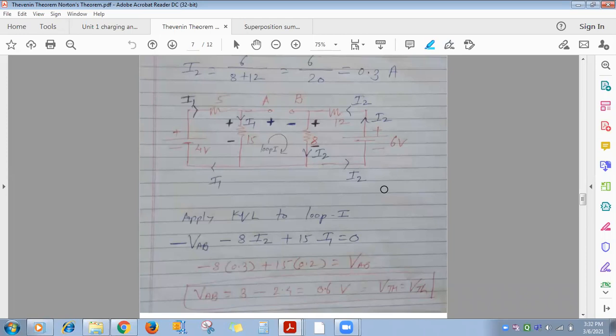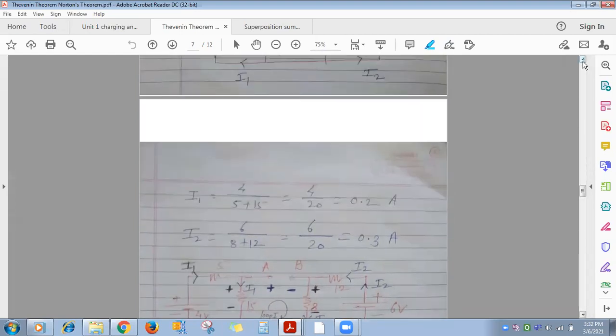Okay, so see here, we'll tell you. Voltage across 15 and 8. Correct. How to find the voltage across 15 and 8? Very good. Voltage division rule. Correct, all of you can use the voltage division rule.